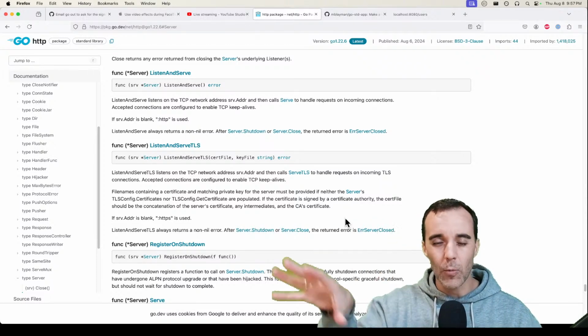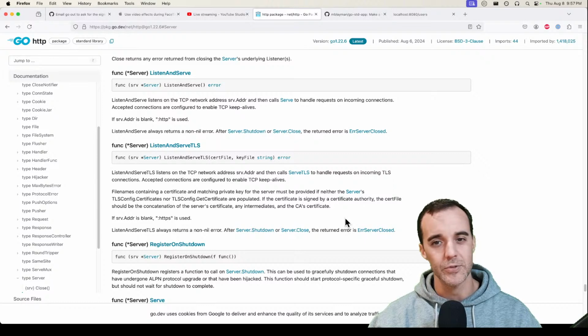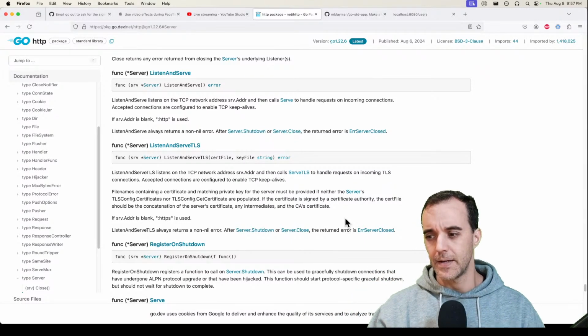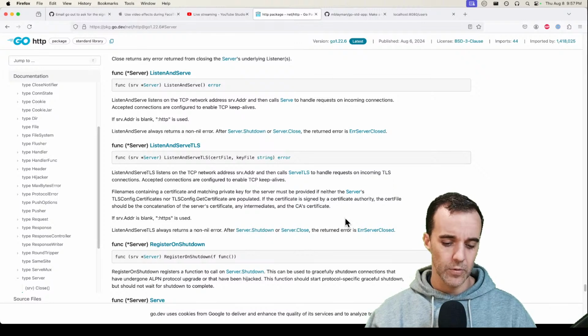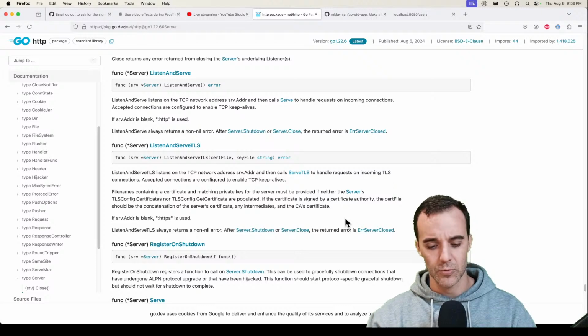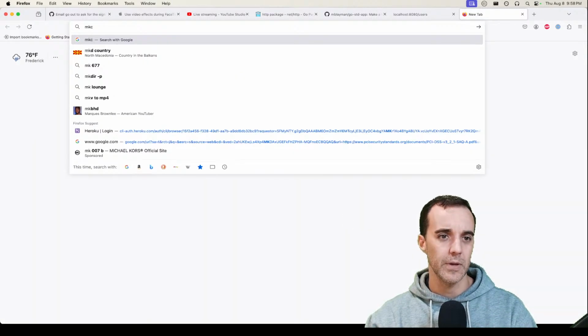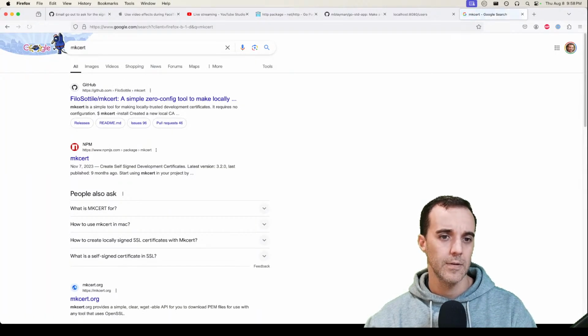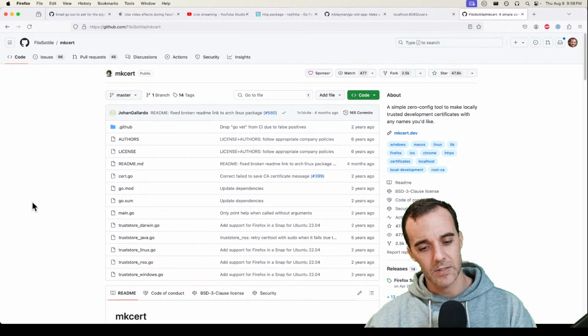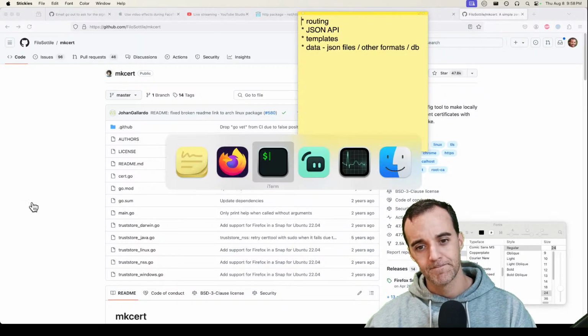You'd get the big scary warning on your browser saying, hey, this cert doesn't look real. Are you sure you want to trust it? There are some tools that you can use to convince your local machine to trust your local certs. I think the tool that I'm thinking of is called mkcert. So that's something we could explore if we're interested. The reason you might want to do that is, all right, let's back up. Let's imagine